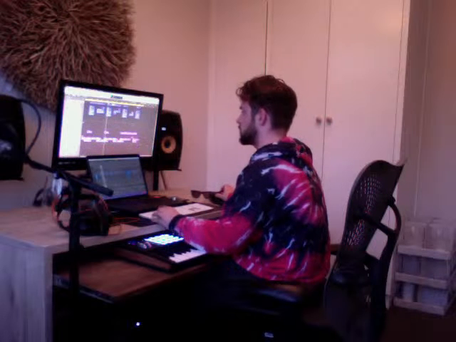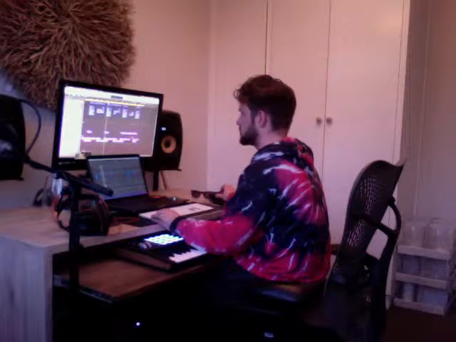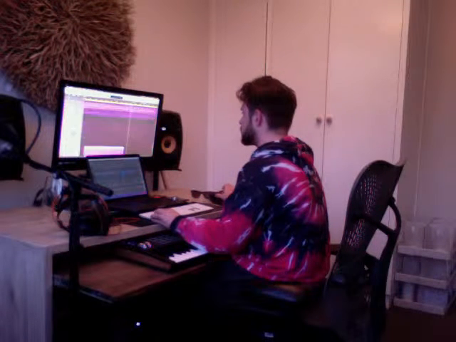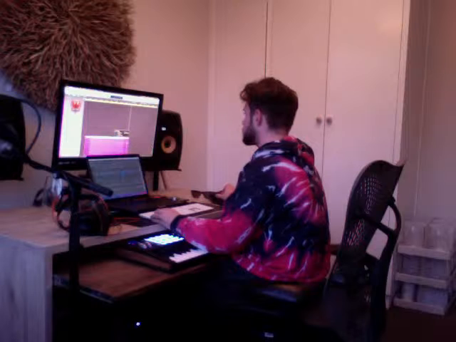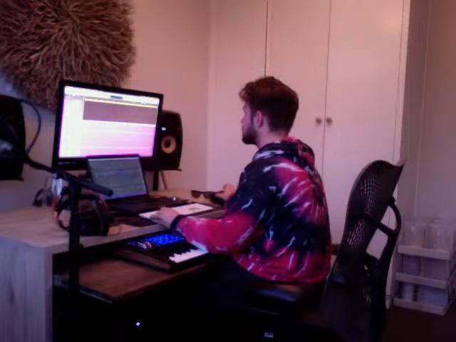One thing I got to add is my riser, which I'm going to chuck in for the choruses. Don't judge me, I use the same riser all the time because it sounds so good.